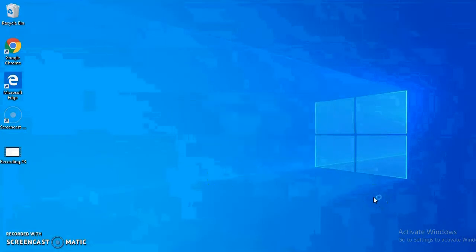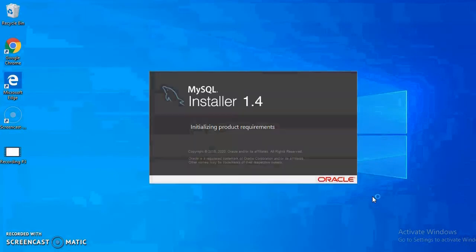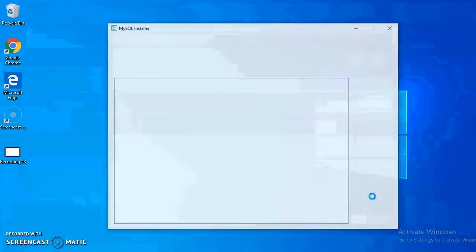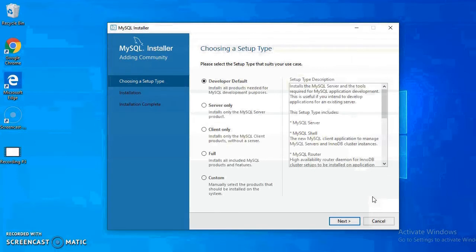Now you will be able to see the MySQL installer window. Here you find some options. First option is developer default option, which installs all products required for MySQL development. Second option is server only option, which installs MySQL server products.